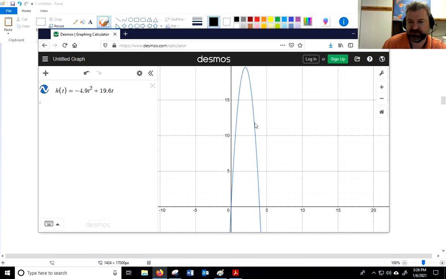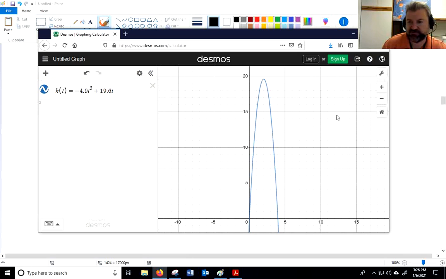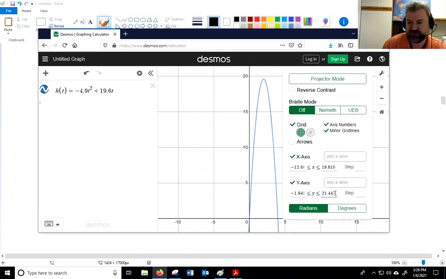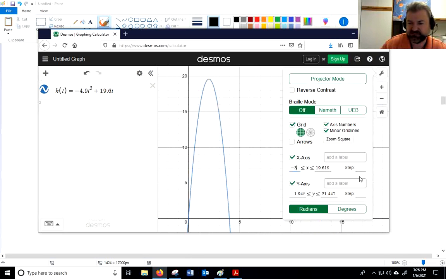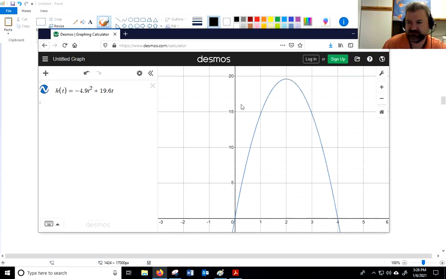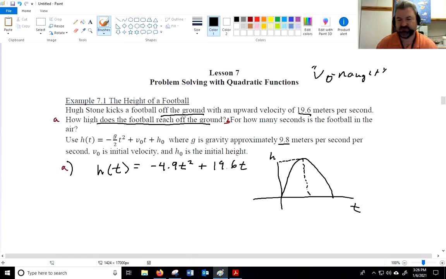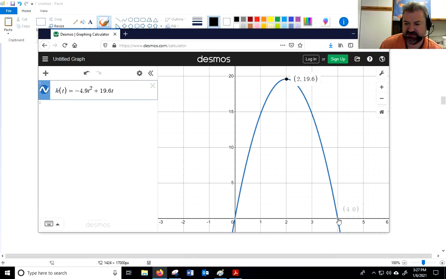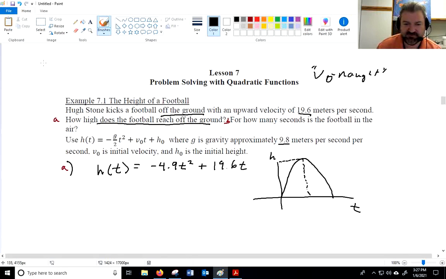Now the window's a little bit unusual here, but maybe you want to go to the settings and change this window. You can see the ball goes up and down very quickly. So I'm going to make this go from like -3 to +6. Okay. All right, that point right there is my highest point at (2, 19.6). So it turns out that that highest point is actually equal to that initial velocity in this case of 19.6. So the max height